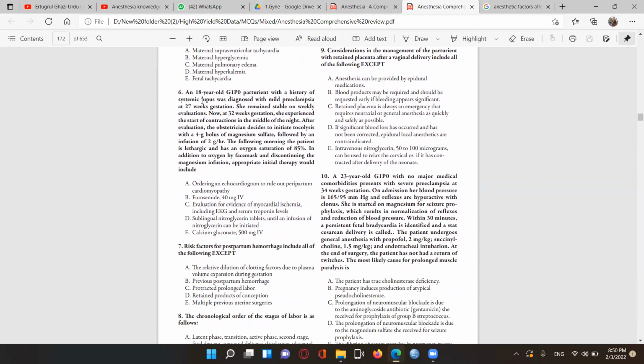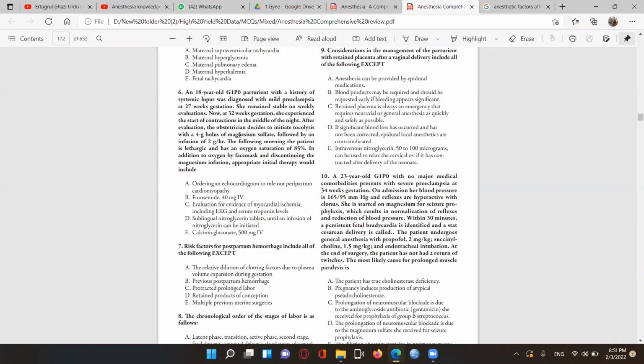Okay. An 18-year-old G1P0 patient with a history of systemic lupus was diagnosed with mild preeclampsia. At 27 weeks gestation, she remained stable on weekly evaluation. At 32 weeks gestation, she experienced the start of contractions in the middle of the night. After evaluation, the obstetrician decides to initiate tocolysis with a 4-gram bolus of magnesium, followed by an infusion of 2 grams per hour. The following morning, the patient is lethargic and has an oxygen saturation of 55%. In addition to oxygen, discontinuing the magnesium, appropriate initial therapy would be: